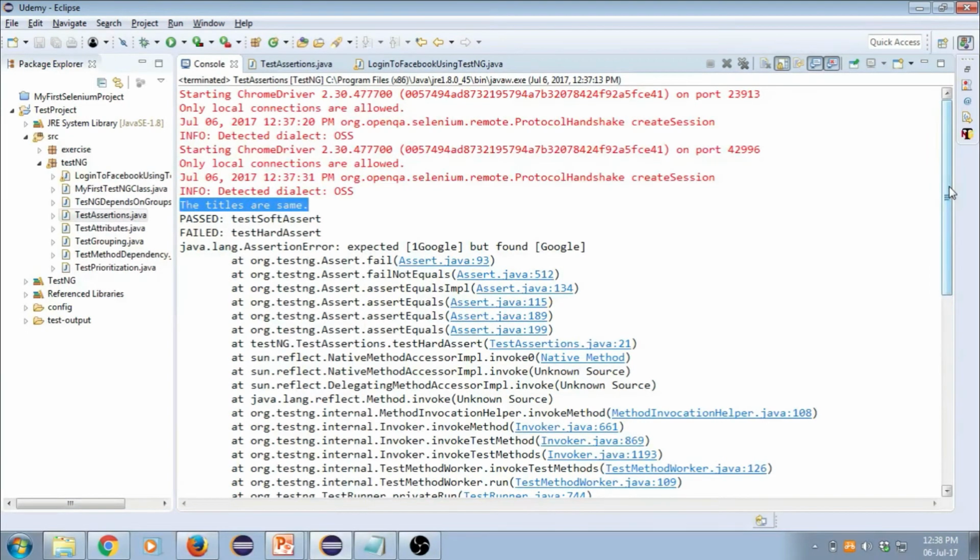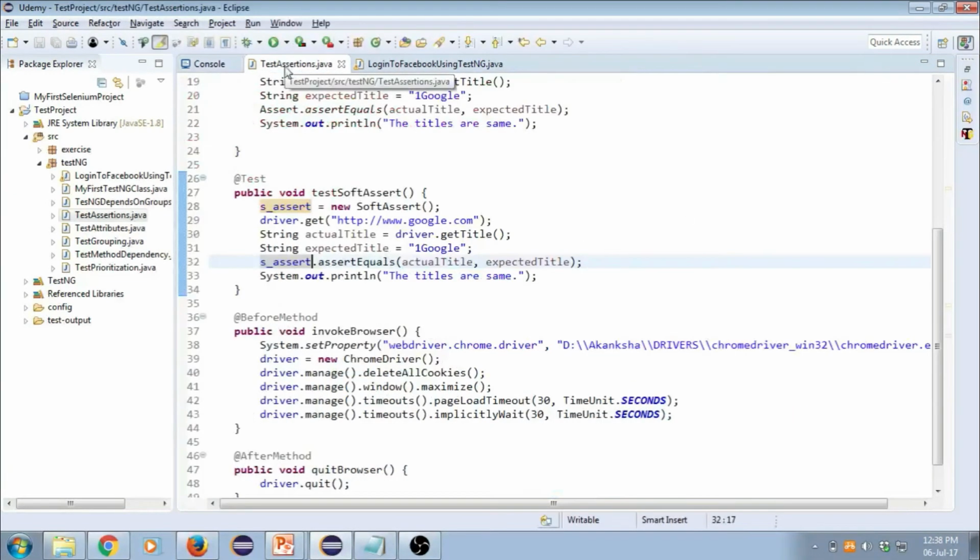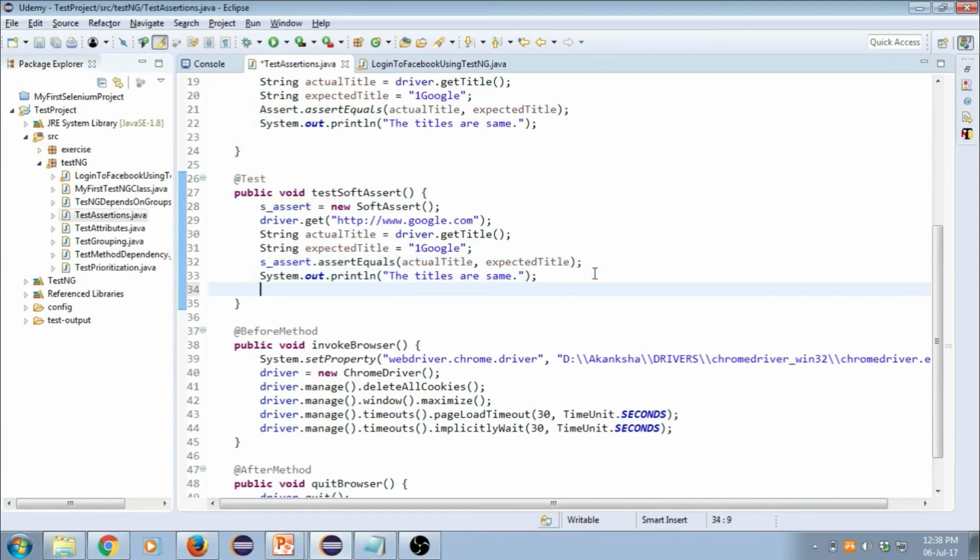Alright, fine. I don't want to stop the execution, but I do want to mark the test case as failed. The reason is my assertion has failed and it's important for me. For this reason, we've got this function assertAll in soft assert. So what I'm going to do is go back here. Alright, after this I'm going to say